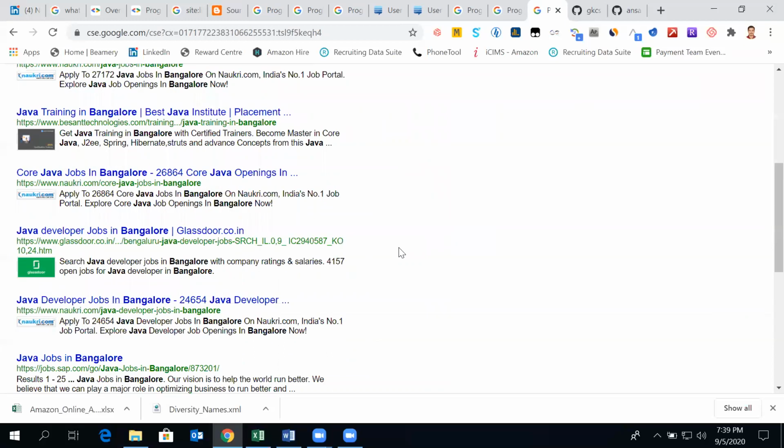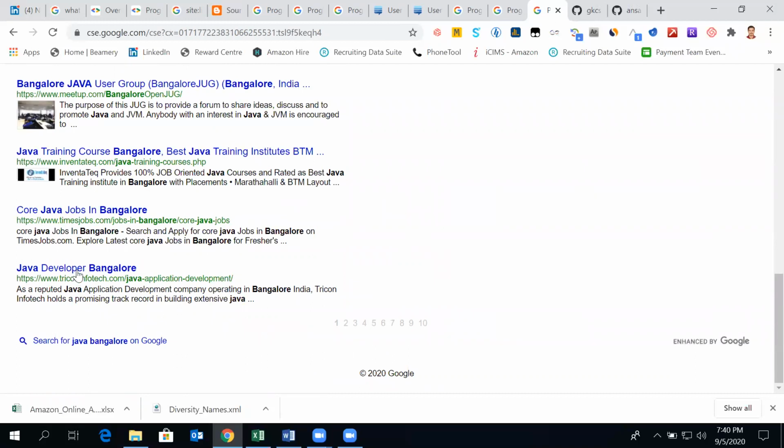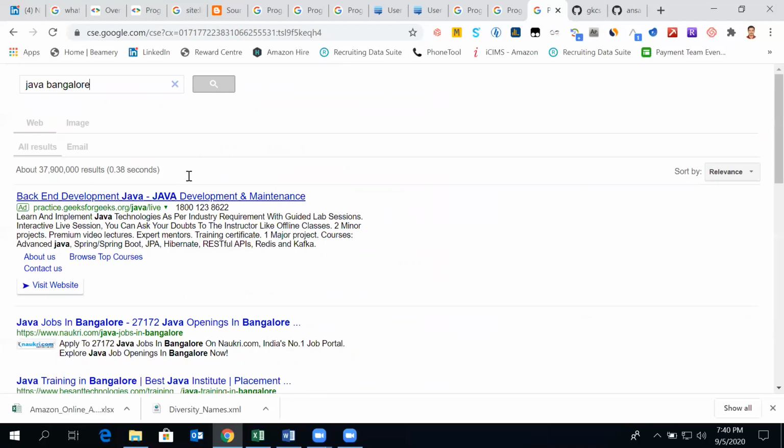Now it's searching the entire web and it's giving us some irrelevant results from Naukri. So like Naukri.com, Times.com, Monster.com, we just say exclude.